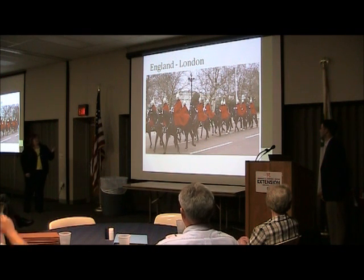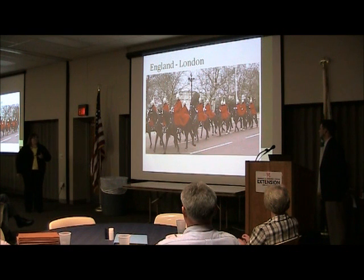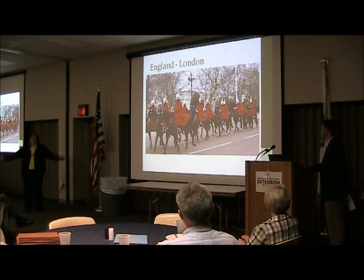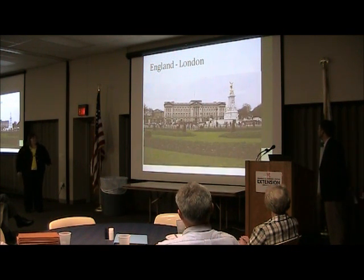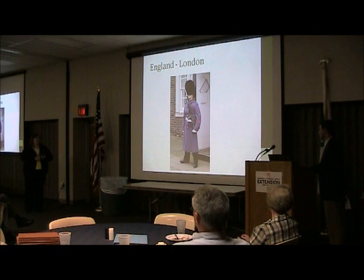Here is part of the Royal Army going into Buckingham Palace. It was pretty neat to see them march down the street. They clear the way for everybody. And Buckingham Palace, which is pretty neat. One of the interesting facts we learned was that there's a flag that flies, and whether the flag is flying depends on if they're there or not. And for the guards in the British Army, there are different plumes, so the color of the plume you see depends on if it's the Irish, the Welsh, the Scottish, or the English